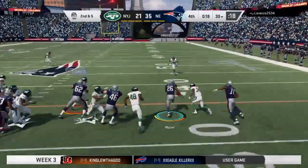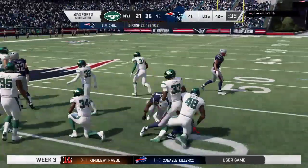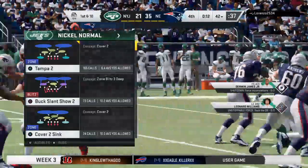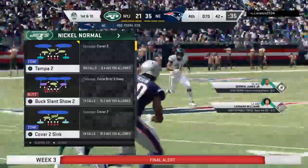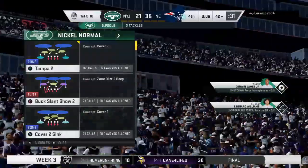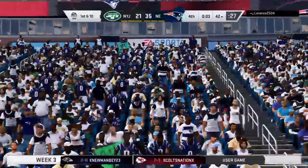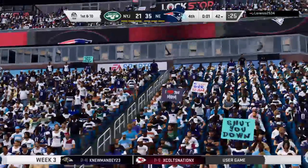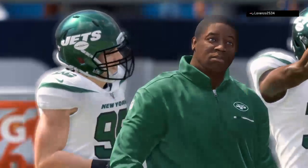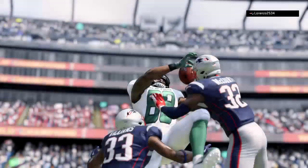They'll keep it on the ground. Michel. And they get him down, but not before he takes it across the 40-yard line. A gain of 12 yards. And the Patriots first down. 1st and 10 at the 42-yard line. So this will wind up a victory for the New England Patriots. And to the surprise of exactly nobody that watched this game, it was the 40-something-year-old Tom Brady again that led